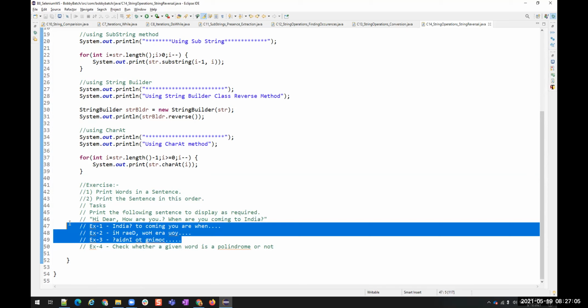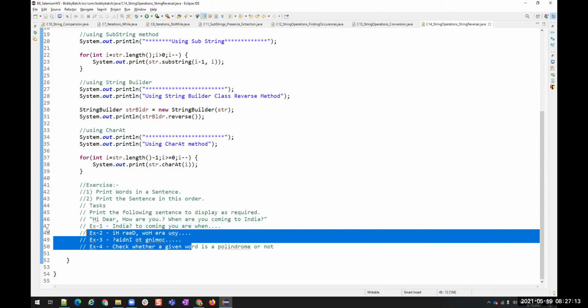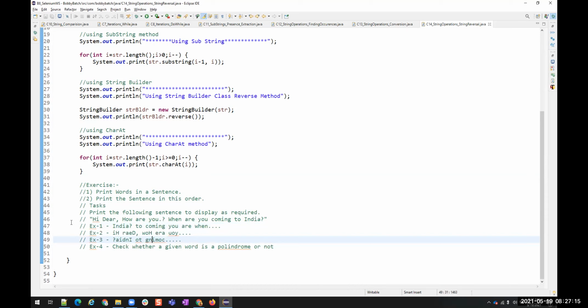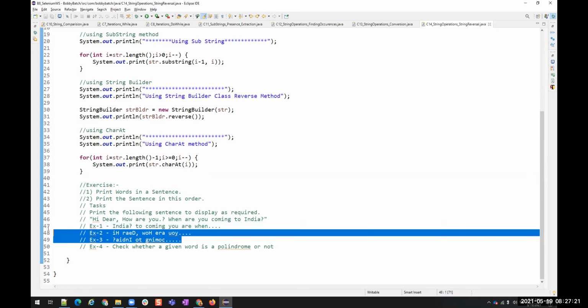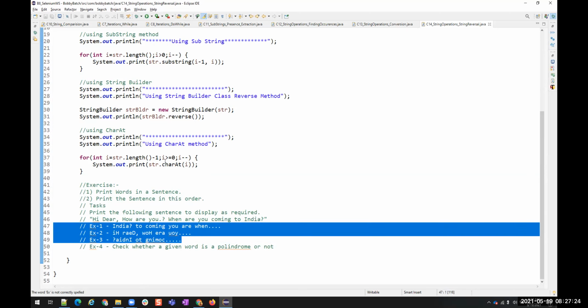See, this is nowhere going to help you in real time. But why I'm giving this task is that we are nowhere going to do these kinds of things. This is all nonsense, right? I know it. But why I'm choosing these kinds of tasks is that you will get hands-on with all the different methods.